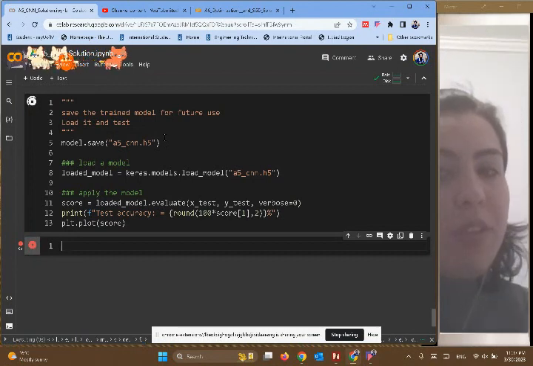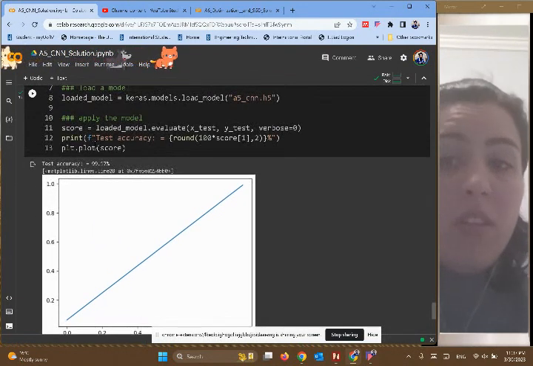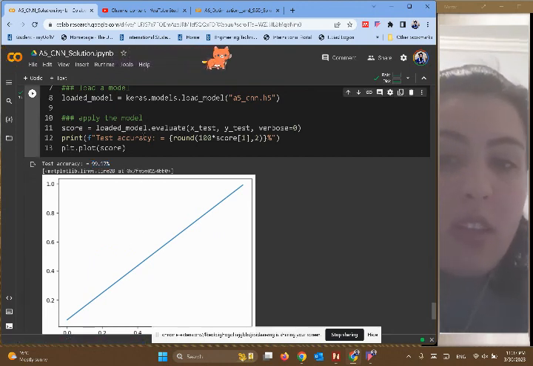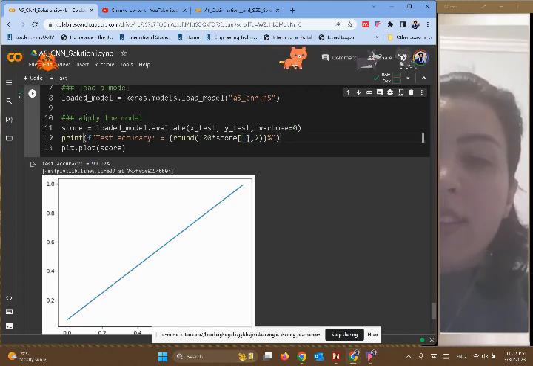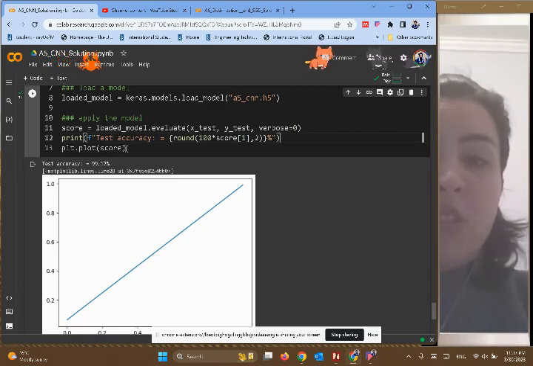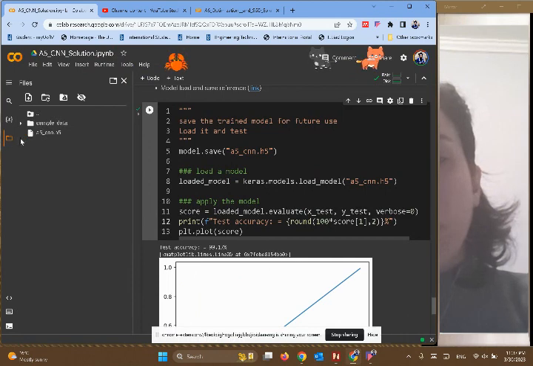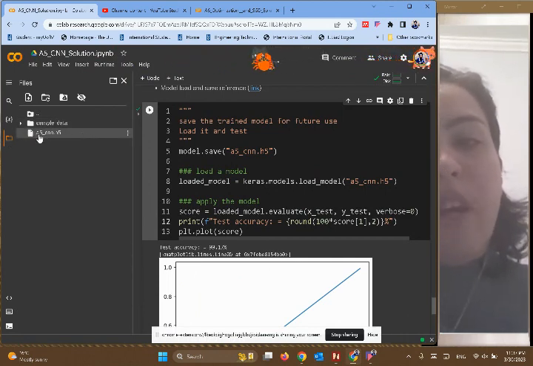And here we can save them all. When we save it, we also plot the results, and also show the test accuracy and round it for the first value, and we can see that it's loading the right way. So it's the same plot as this one. So it's saving it and loading it. Where does it save it? Here on Google Colab, and you can see the saved files,